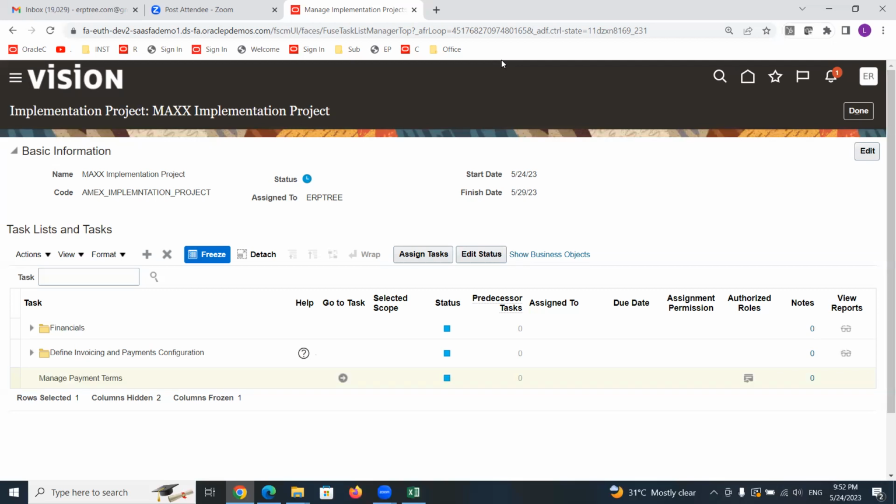So we will give different access to those business users. One user may create only invoices. One user may create only payments. One user may create only suppliers. One user may create only bank accounts. One user may create suppliers and invoices. One user may create payments and bank accounts. How they need access, accordingly we set up. We will come to know all those. Now that is not related to these points. This is related to implementation. We are going to implement. Once implemented, the users will start using, and there we set those privileges. Okay. Yeah. Any other questions?